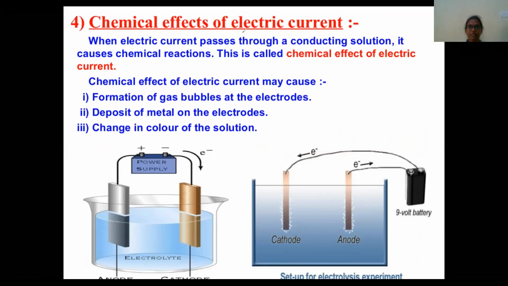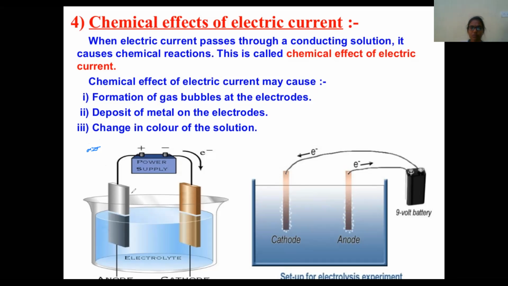What is electrolysis? What are the effects we are going to observe when you pass electricity through some chemicals or some liquids? For solids we use cells, because they have high conductivity but low resistivity. But liquids have very high resistivity, so normal cells and batteries are not sufficient. That is why we use a direct power supply with very high current, and we convert it to DC, and we use that.